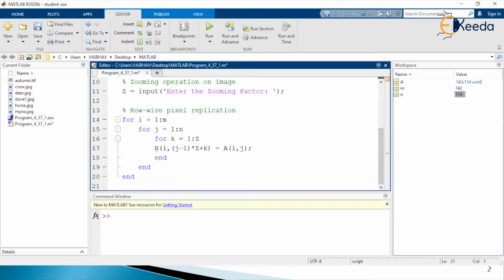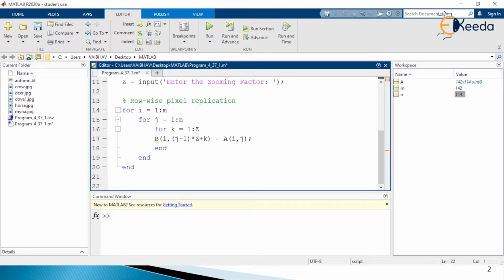Now after this row wise pixel replication performed by the use of 3 for loops, we are going to have the column wise pixel replication. For that purpose I just mention the comment line to separate out this part: column wise pixel replication.